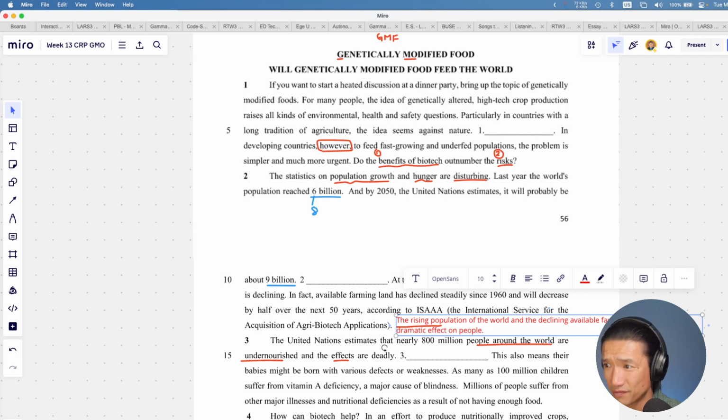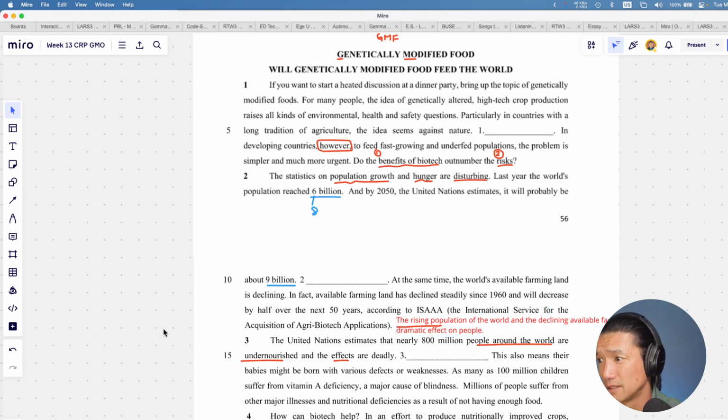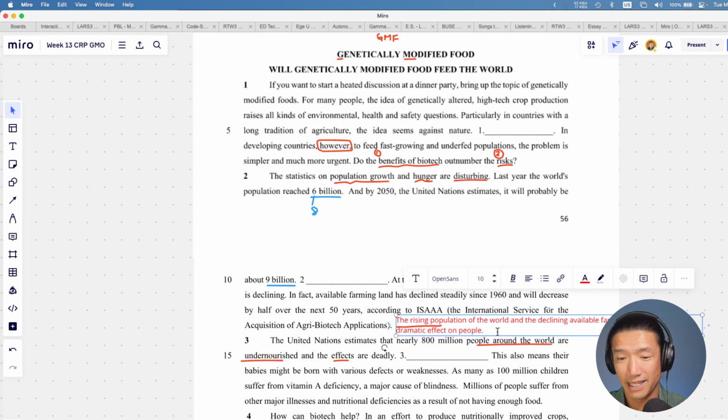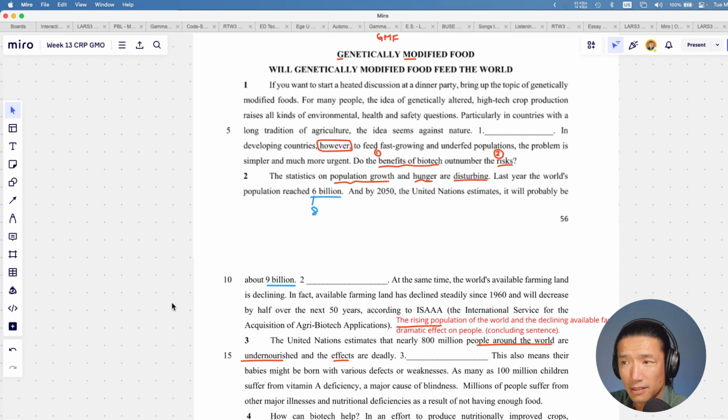Right, so that kind of concludes what we were talking about. Also notes to something about talking about the effects, which is what they're talking about next. This is a concluding sentence, and it's doing its job. So here's our concluding sentence. What's wrong with adding a concluding sentence? Nothing. Does it make it better? Definitely. Do you always need it?